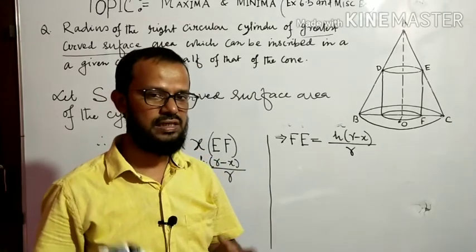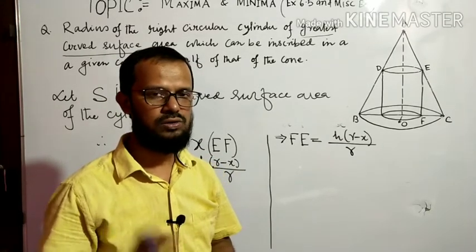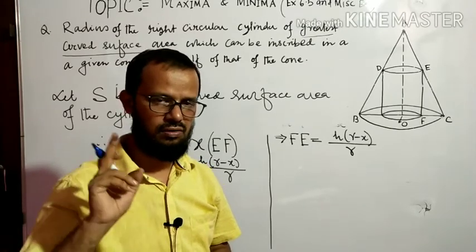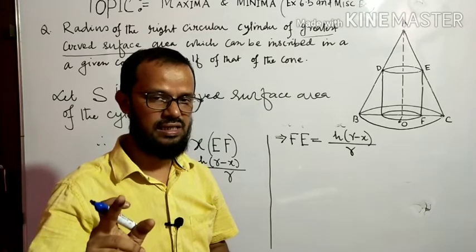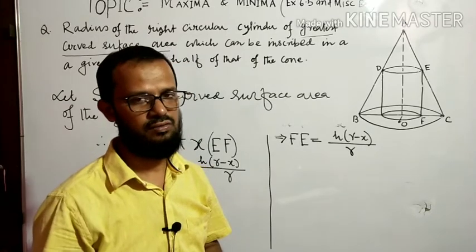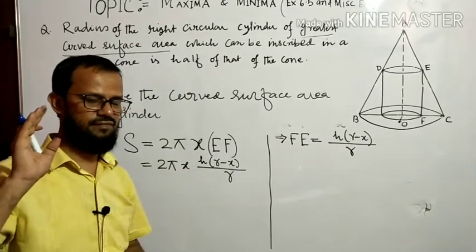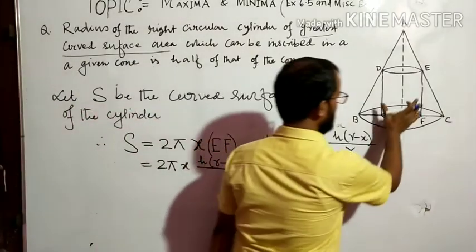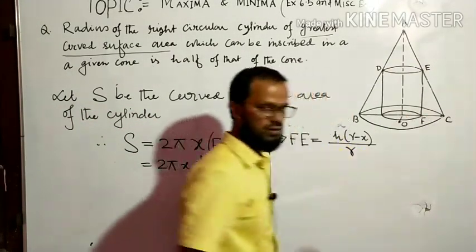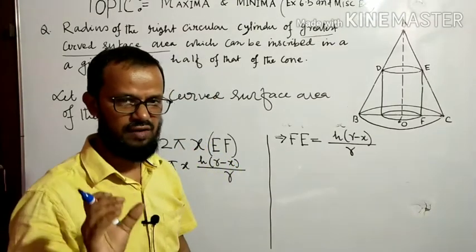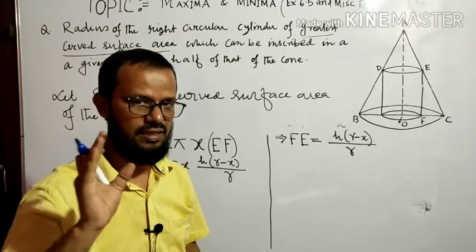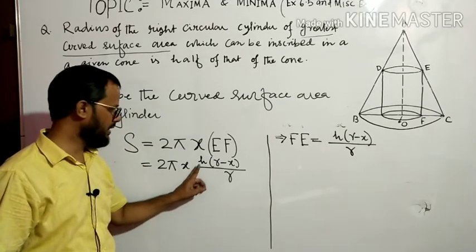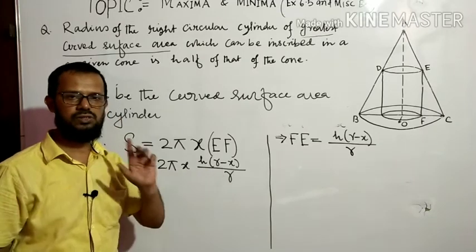And among all the cylinders, there is one cylinder whose curved surface area is the greatest. And at that time, the radius of the cylinder is equal to half of the radius of the cone. That you are going to prove, when the surface area is greatest. Okay. So in such cases, if the cylinder is different, then the radius of the base OF will be different for different cylinders. And OF is equal to X. In such cases, X is the variable. That means this curved surface area depends on X, not on H, not on R, because H and R are constant quantities.